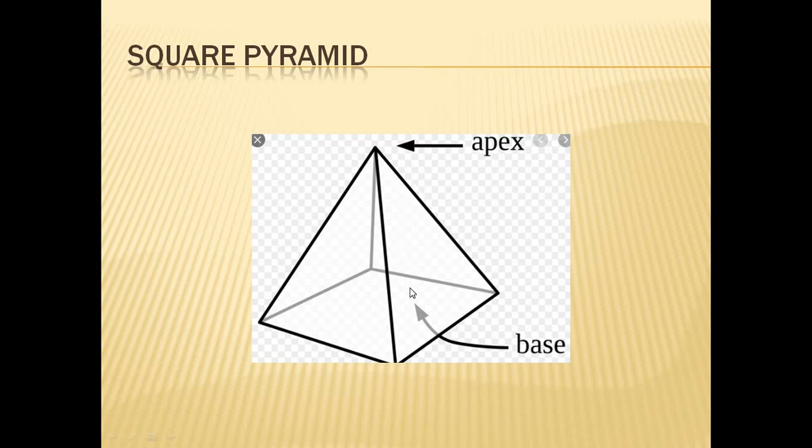Okay. And one thing you need to observe: in case of solids, all the solids are going to rest on HP only. Because in case of planes, the first thing is you need to check whether the plane is resting on HP or on VP. Depending upon that you draw the first step. If it is resting on HP, you draw that view below the XY line first, that is going to be your top view. If it is resting on VP, you draw that view above the XY line, that is going to be the front view. But in case of solids, all the solids are going to rest on HP.